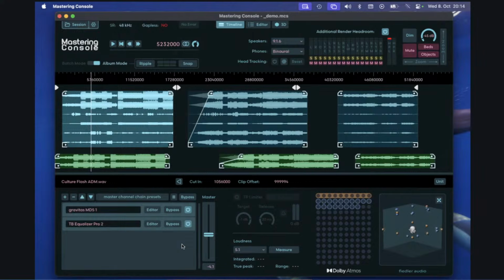The OBAM plugin format itself gives room for more. So it's up to the plugin developers to implement more features, like, for example, position-dependent processing. One could imagine an EQ which gives everything in the front a little more brightness, a little bit more high frequencies, and works in real time on the position, so that when you have a moving object which moves from the back to the front,